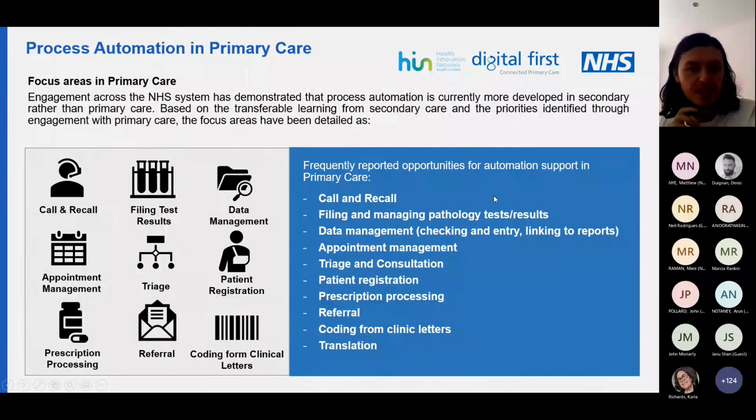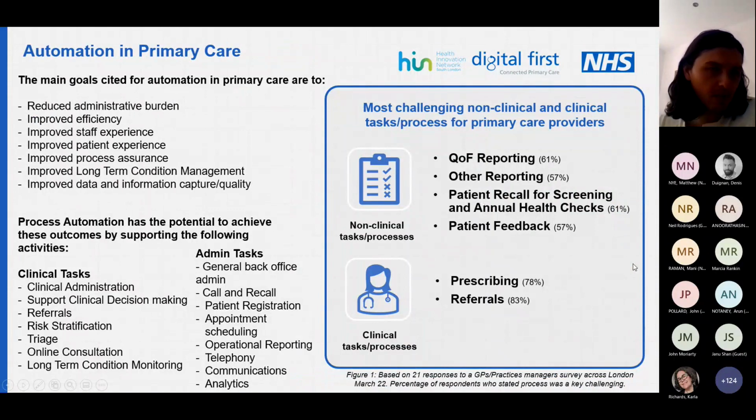So if we move on to the next slide, and look at some of the more specific automation primary care goals and outcomes that we're looking for. This is based upon some needs articulation work and surveys we've done across London over the last 4 to 5 months. So in terms of the goals and what automation can achieve in primary care, Matt mentioned quite a few things there in terms of being able to reduce that administrative burden and save time for staff,